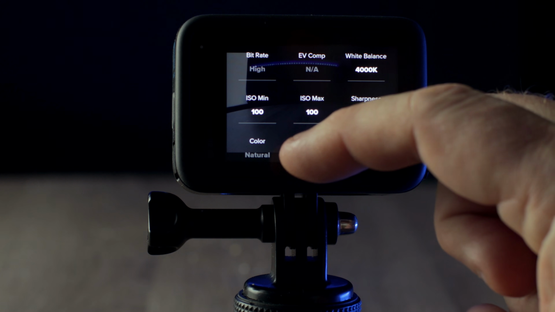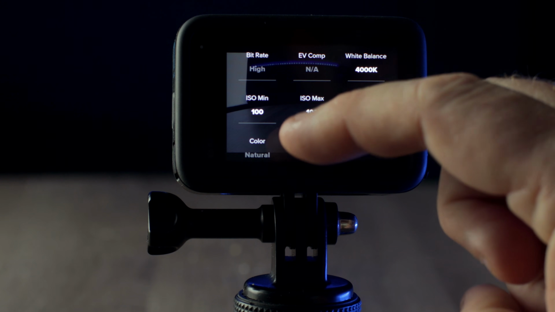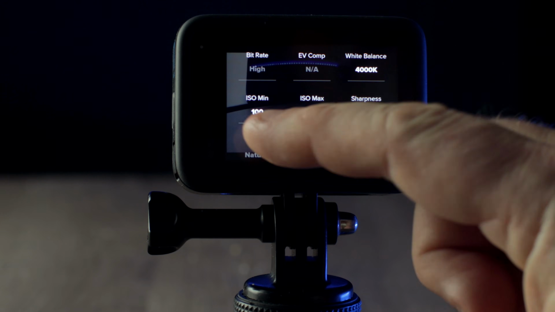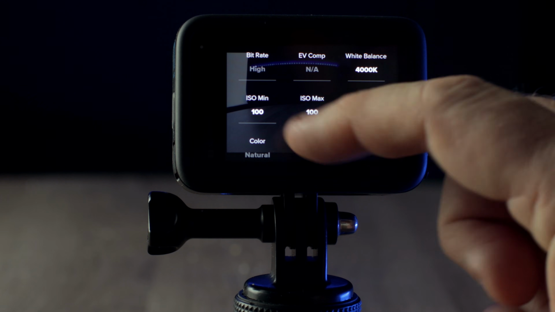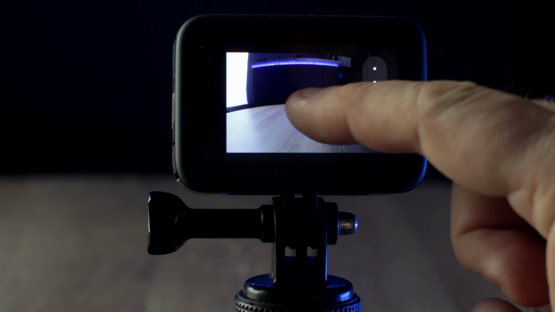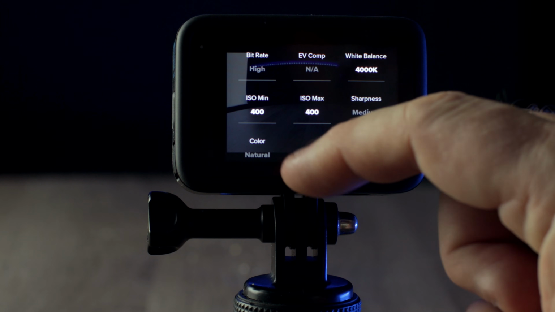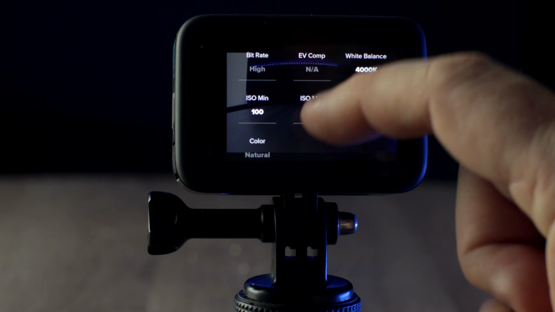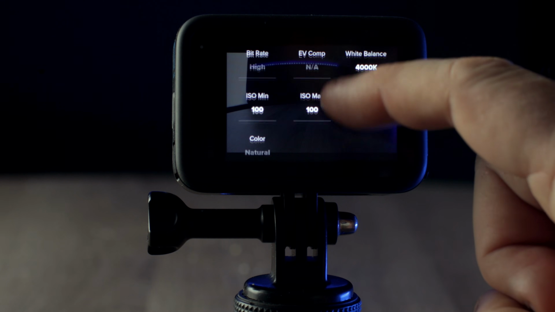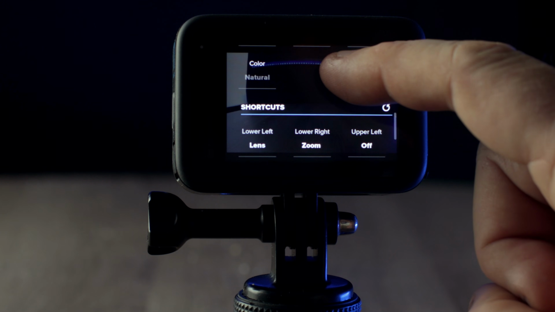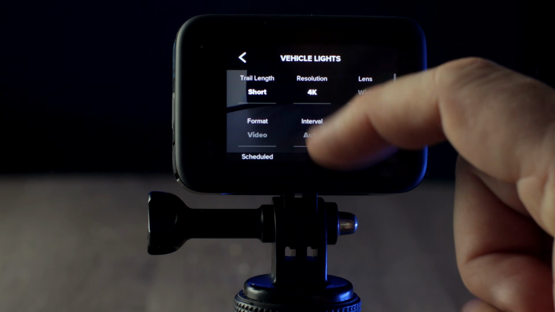So if you find that your video is a little bit dark when you just do a quick test run, then increase your ISO maximum and minimum and keep both of them the same. I think if you automatically select it anyway, like 400, it'll change both of them to 400. So if I change that back to 100, so the minimum and the maximum will both be the same. You won't be able to select your sharpness, you won't be able to select your color, and that's basically the